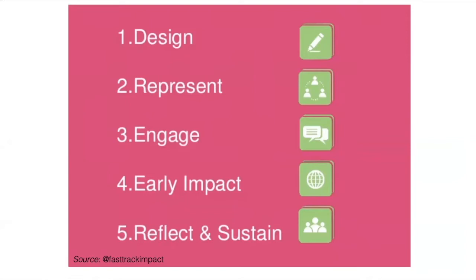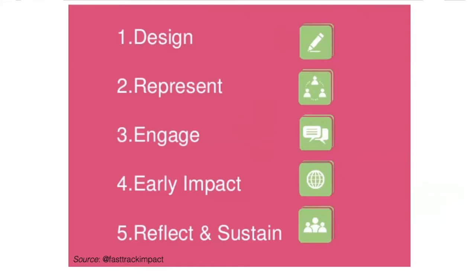So design: how you design your study, how you represent the work, how will you engage with researchers as you go through the process, how will you develop early impact, and by that I mean initial downloads, because citations take quite a long time to build around a research paper. Your early impact can be measured in terms of citations, downloads, views, and the Altmetrics score of your paper on a journal website.